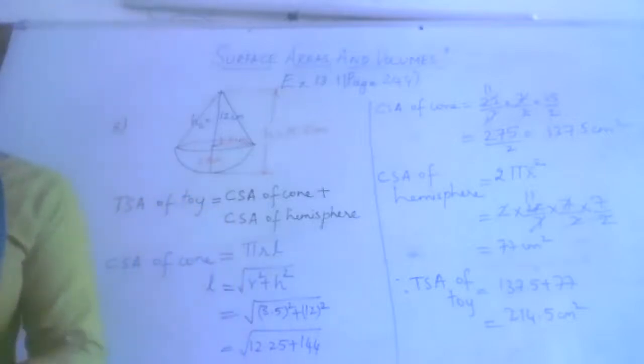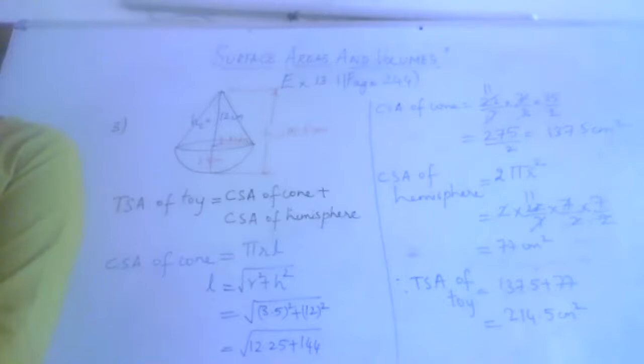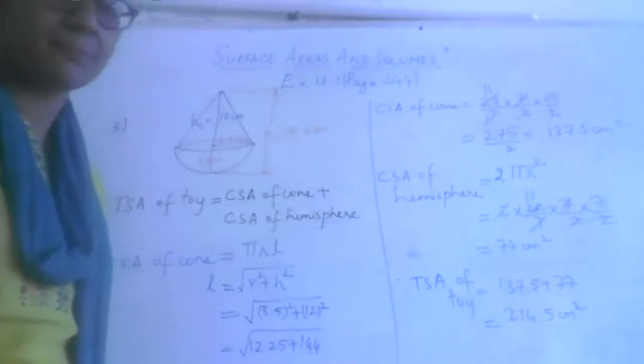Okay, next we will take up the second one also, we will do it and come. Because again it is a cylinder over a hemisphere. Go back to the second one. Draw the figure, let me see.